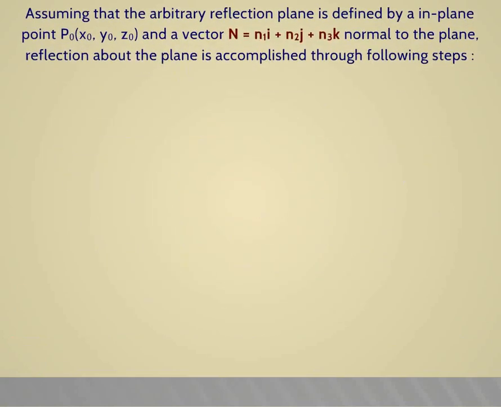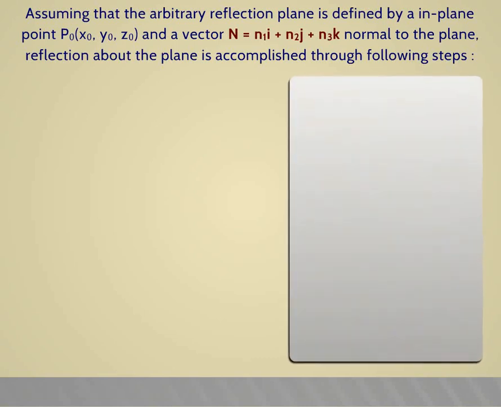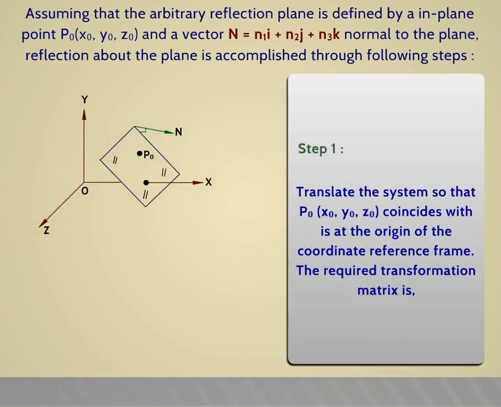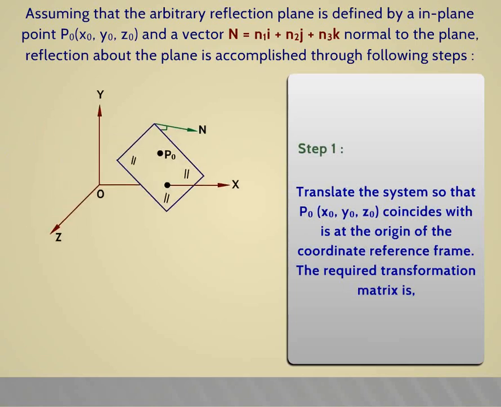Assuming that the arbitrary reflection plane is defined by an in-plane point P0 of x0, y0, z0 and a vector n equal to n1 i plus n2 j plus n3 k normal to the plane, reflection about the plane is accomplished through the following steps. Step 1. Translate the system so that P0 of x0, y0, z0 coincides with the origin of the coordinate reference frame. The required transformation matrix is